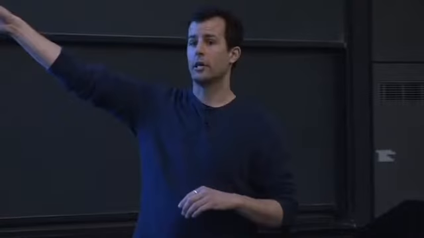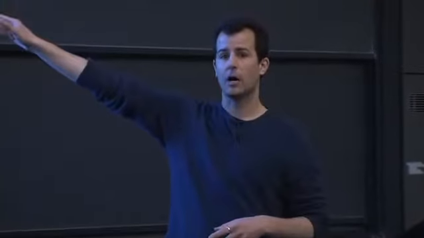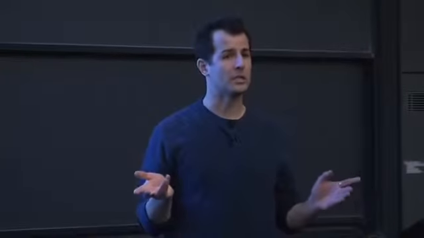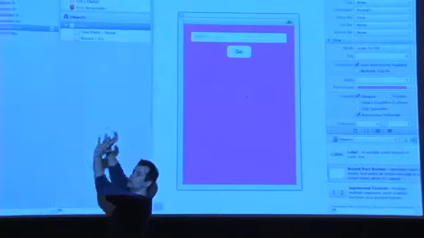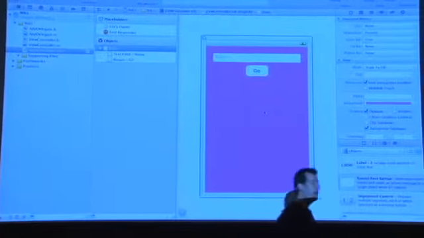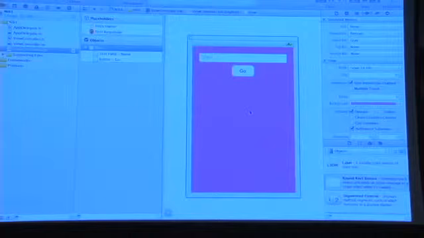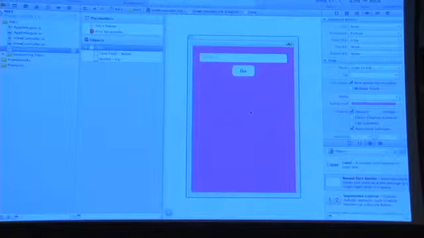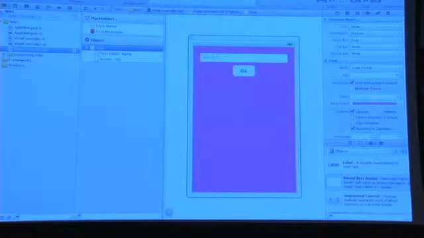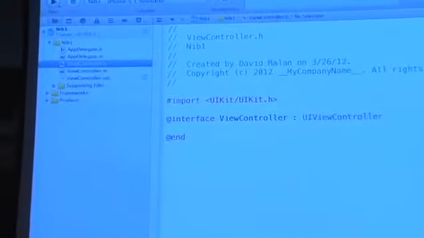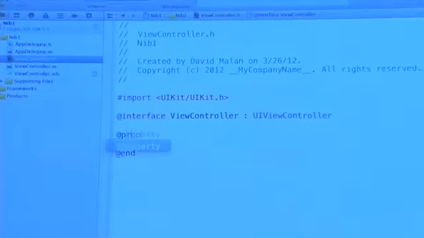I can push the button all day long, but it didn't do anything before, and it's still not going to do anything now. I can type into the text box, but no one's going to know that I actually did until I somehow wire this interface to the code in those files there. And this is where Interface Builder makes things a little nice and easy, but I have to have some foresight here. So I'm going to go into my view controller here,